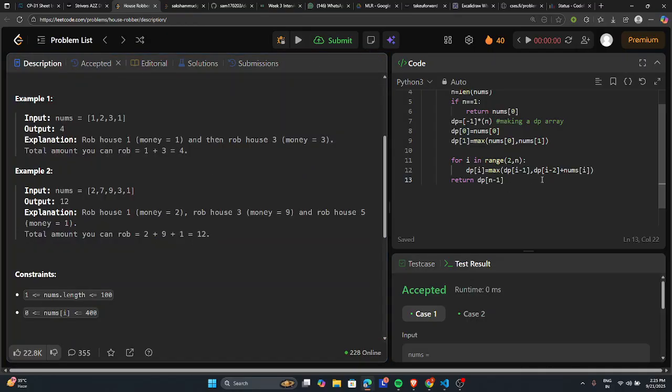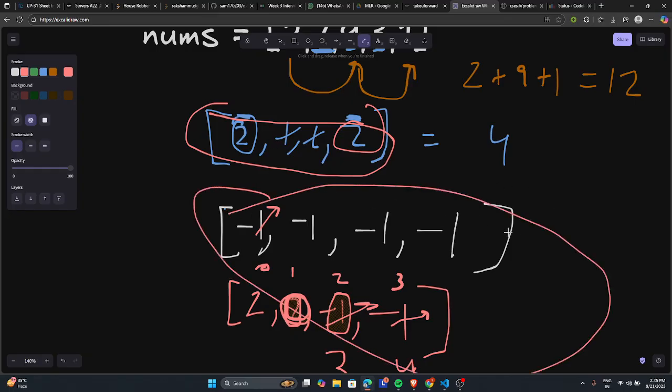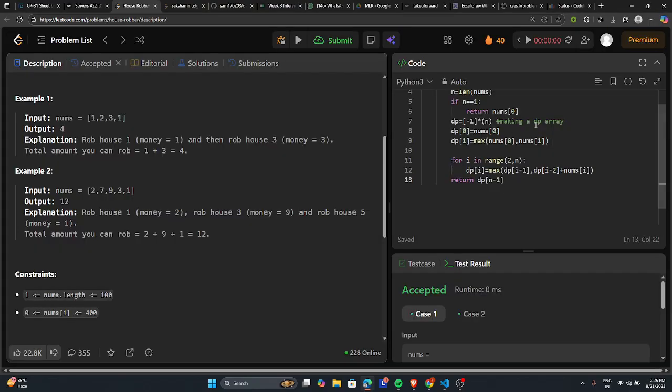The space complexity is O(n), because we have made a whole dp array. Okay. But can we reduce this? Can we do it in O(1)? Yes, we can. How? If we initialize two variables, wait,